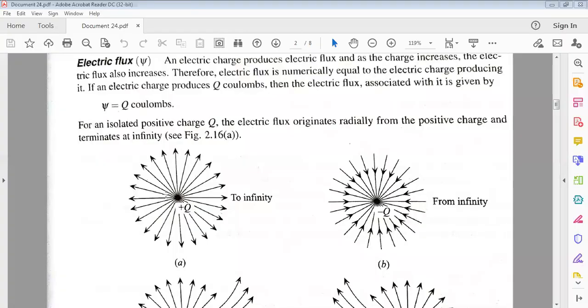See here, this is the internal charge plus Q, which always extends towards the opposite charge. This is the outward direction from the positive charge, and this is the inward direction towards the negative charge. At the same time, the flow is always from higher concentration to lower concentration, just like water flow. The D and E representations are also like this: plus Q to minus Q migration, from both positive charge and negative charge.